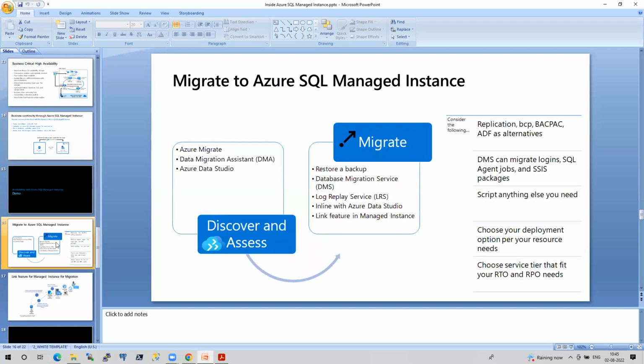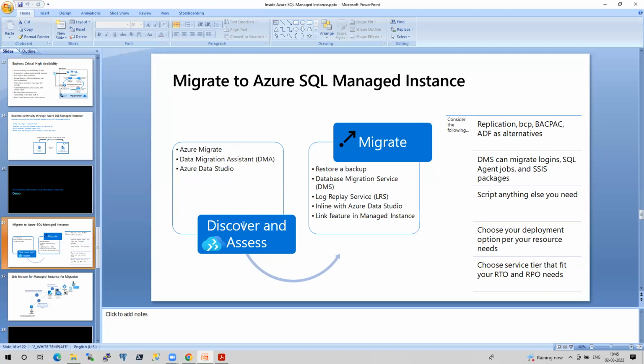And second thing, I'm going to touch base on the migration part. In migration, I'm going to show you n number of scenarios. Believe me, there are so many scenarios that I'm going to touch. This is just an outline, but I'm going to cover all these things. One is with Azure Data Studio.